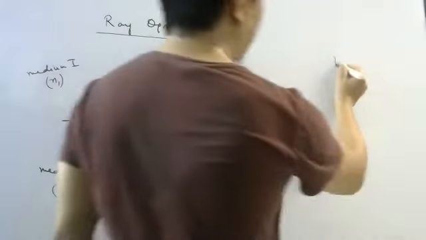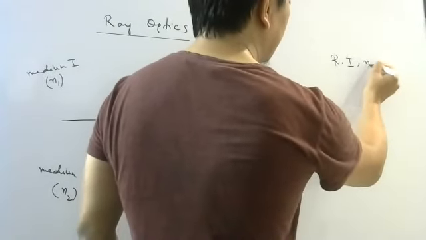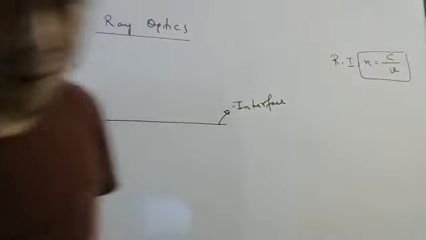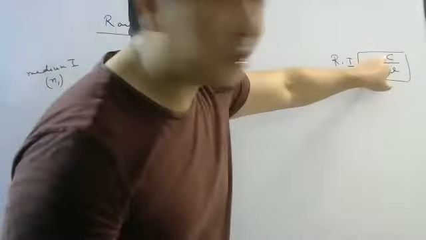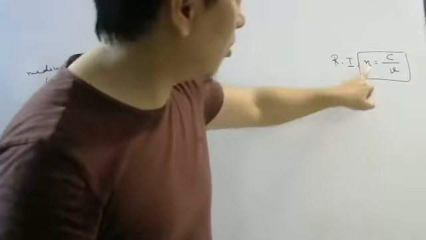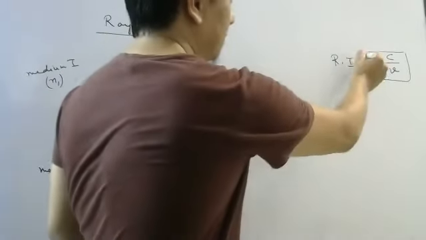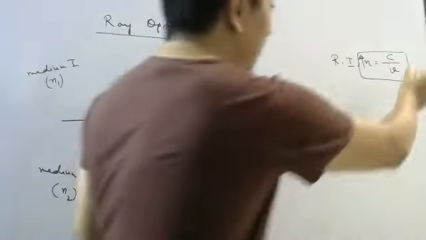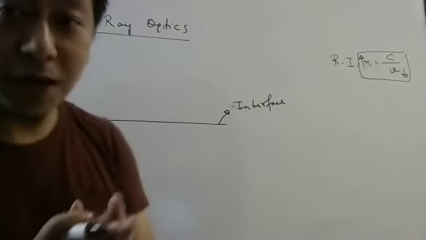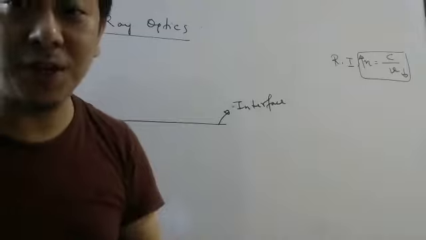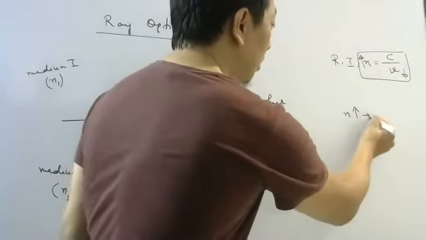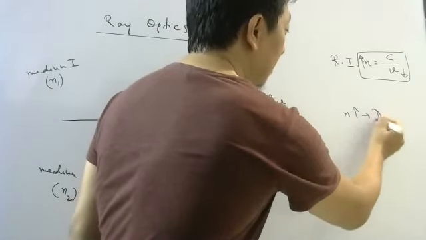And how do you define refractive index? It is defined as C by V. So refractive index is defined as speed of light in vacuum by speed of light in that medium. So if refractive index is more, speed of light will be less. Okay, now, so try to remember that. So wherever refractive index is more, we call such medium denser medium. Okay, so if refractive index is more, we call it denser medium.